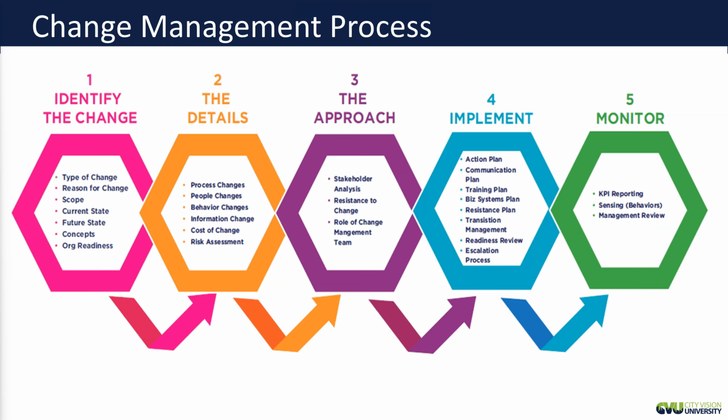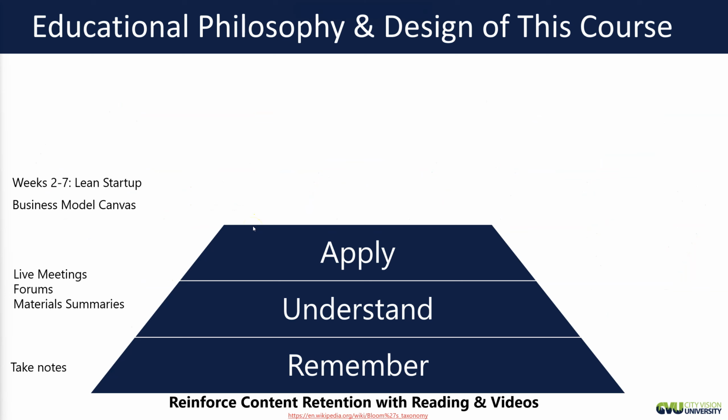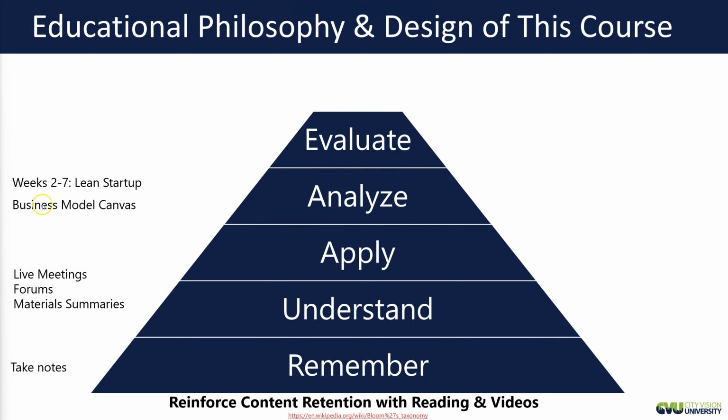The last thing I want to talk about is, all this stuff that you've been doing up to now, as I mentioned, the lean startup and business model canvas, we're having you do a cycle. So coming back to Bloom's taxonomy, you're learning these new things, you're learning more deeply, you're applying them, you're analyzing, you're evaluating. Anytime you say we need to do a pivot, that's evaluating. Anytime you're adding the details into your business model canvas, that's your analysis. All these things are components of your business model canvas, but this course isn't called the Business Model Canvas course. It's called the Social Entrepreneurship course.